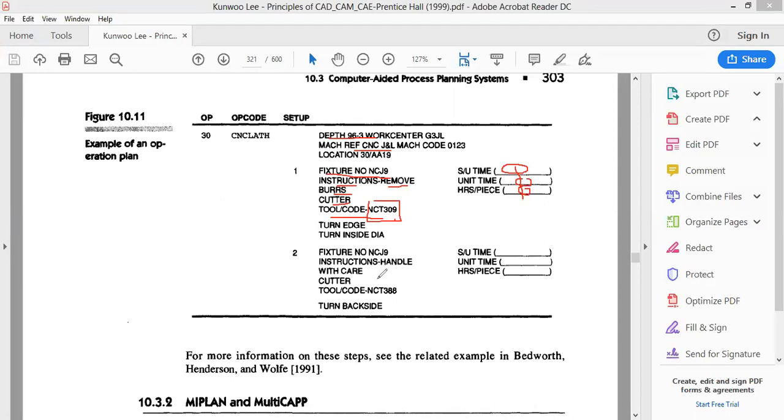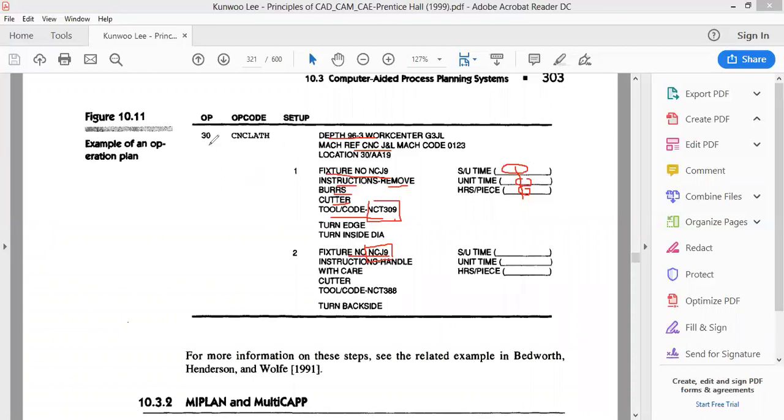And then the next set of instructions will once again carry the fixture number, what type of fixture he has to use. It's just like how for every tool we know it is made up of HSS or tungsten carbide and so on. But in industry, the tools will have a particular code, because there are variations in the angle, nose radius, material, and so many other features. Similarly, there are many fixtures, so codes will be assigned to those also, so that the operator can use the right materials, fixtures, and other things required for the operation.